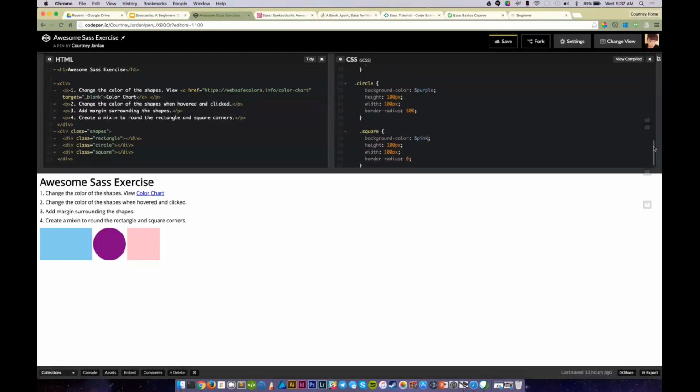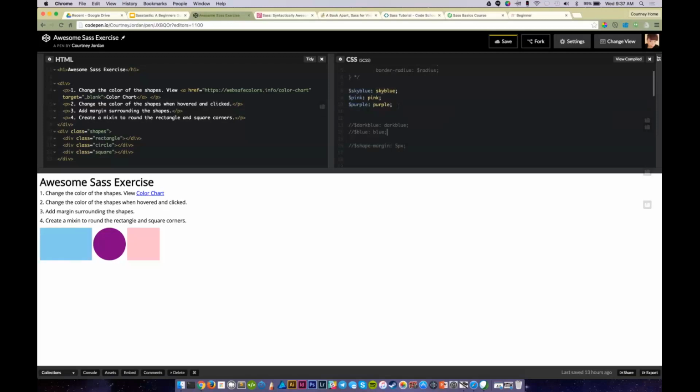Awesome. So we changed their color. See how easy that was? Like, how awesome is that? And say, you know, you don't want the rectangle to be sky blue. You want it to be orange. This isn't good practice, but, I mean, you can just change it right there, the variable, and bam. I didn't even have to go in the code. How awesome is that? But I'm going to change it back to sky blue. Okay. So now moving on to 2.